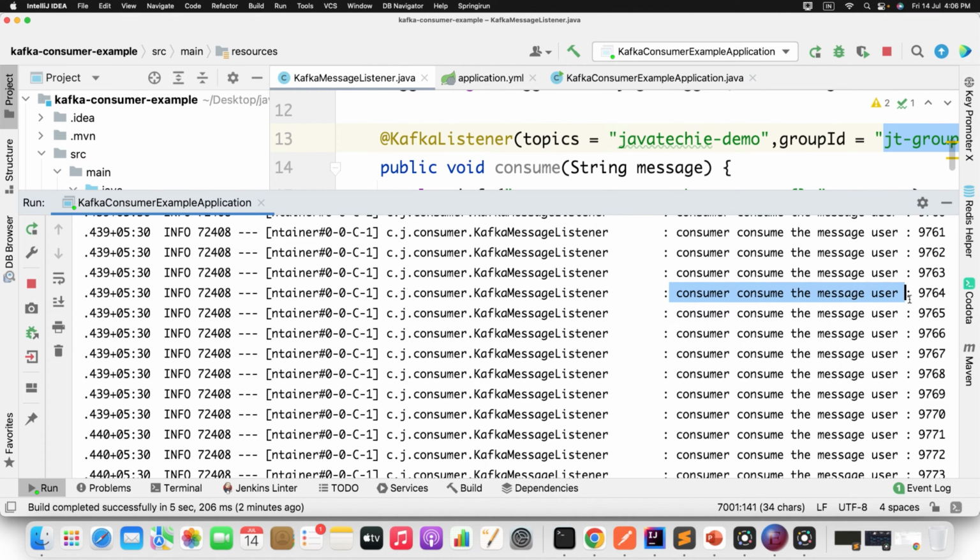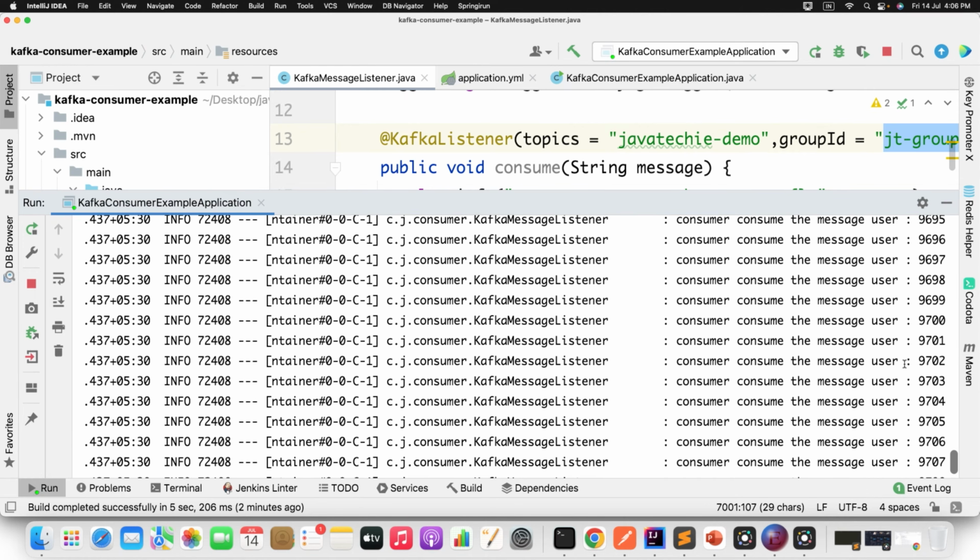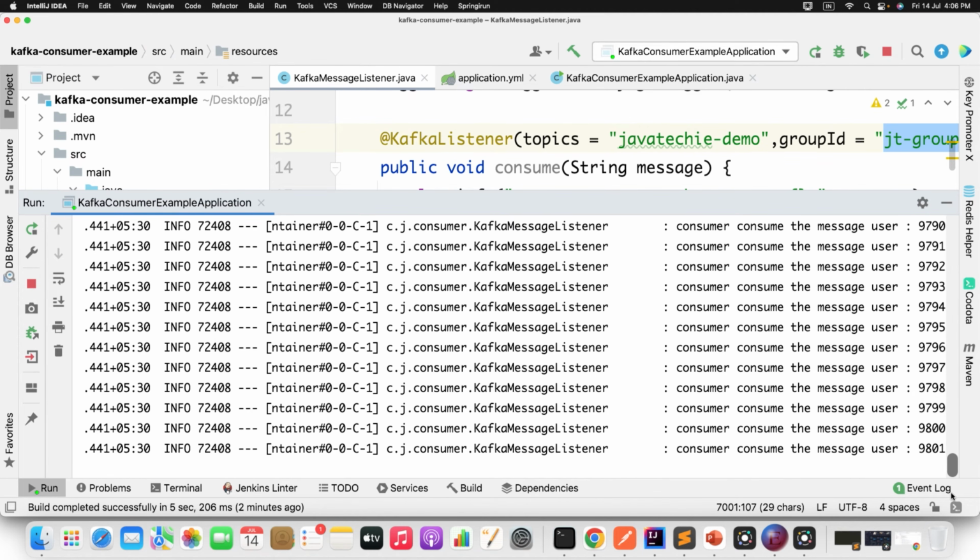Consumer consume the message, using this one. I mean this is the message, and this is my log statement. Consumer consume the message, this. All the 10,000 messages are being consumed. Now how can you be sure that all the 10,000 messages you have published from the producer are being consumed